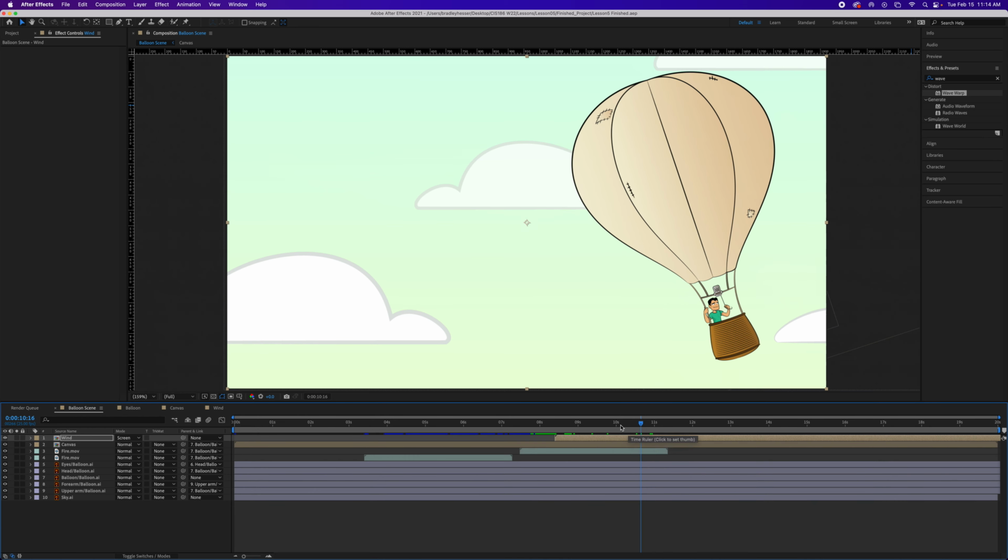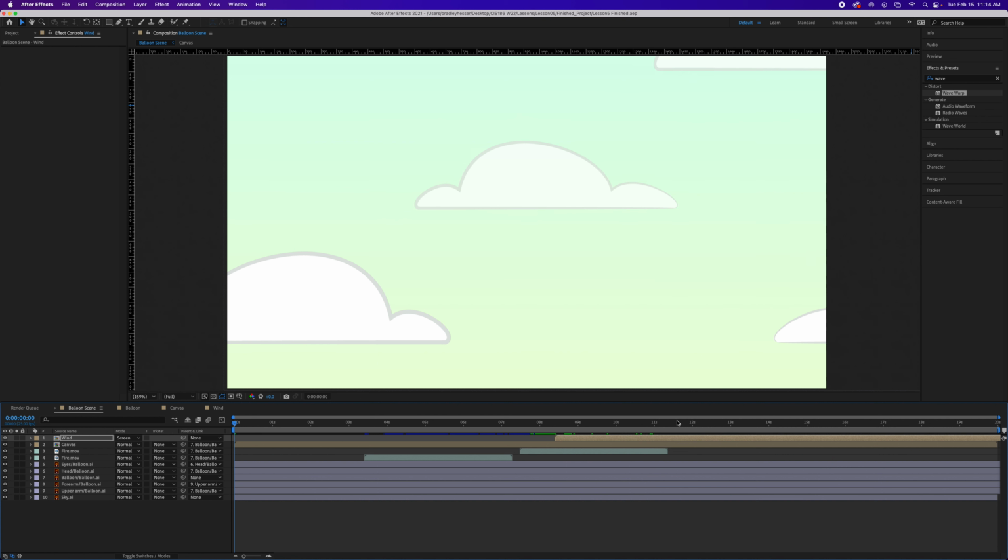So now that we have those set, let's go ahead and work to animate the sky that's behind here. So we're going to go back to the home part, the very beginning, home zeros. And let's animate what's there. So let's select that sky layer, all the way at the bottom, sky.ai. We're going to hit P for our position. And we want an initial keyframe here at the very beginning,